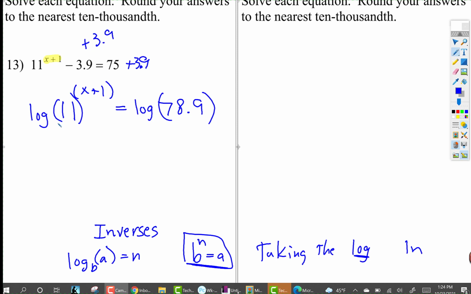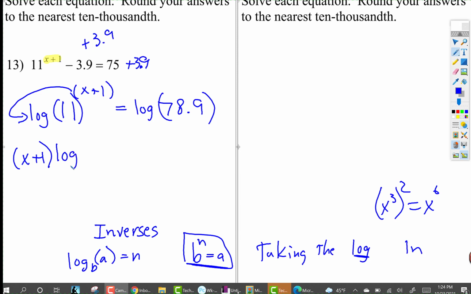Then you have to remember laws of exponents. When you raise a power to a power, you multiply. So we just raised a power to a power, so we multiply, but when we multiply, that comes out front. So now that's x plus 1 times log 11 is equal to log